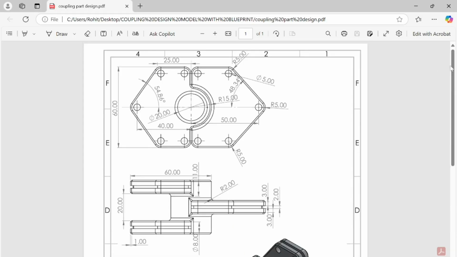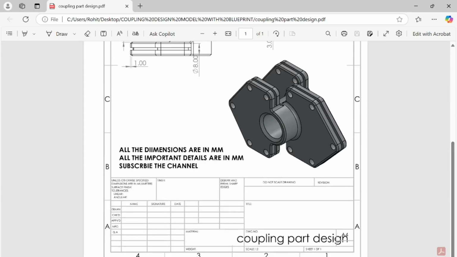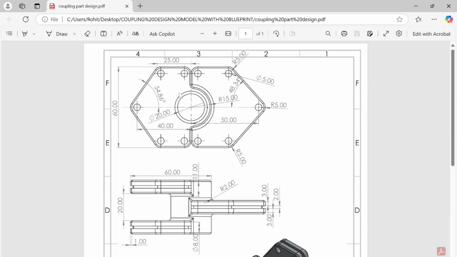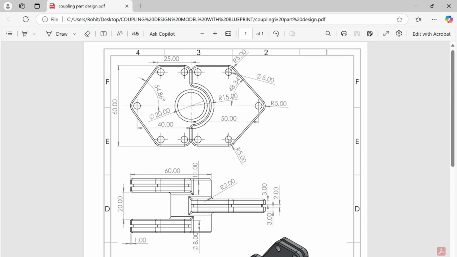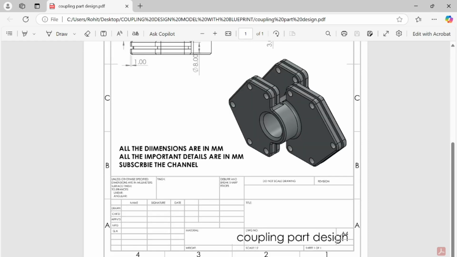Here you can see this is the actual blueprint that I have made, and here you can read the information that all the dimensions are in mm, so it means that we have to keep all the dimensions in mm and all the important details are in mm. Okay, so both the things are same,